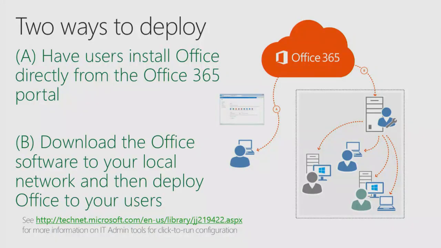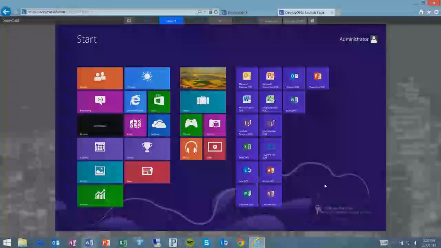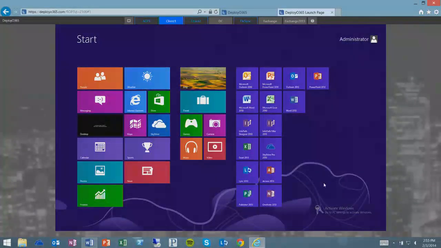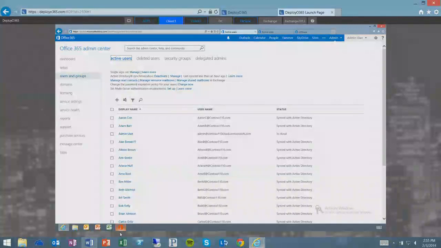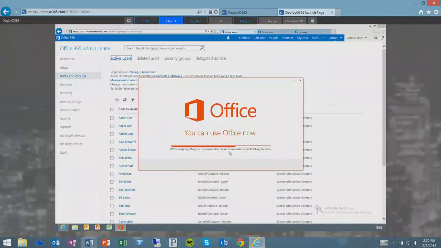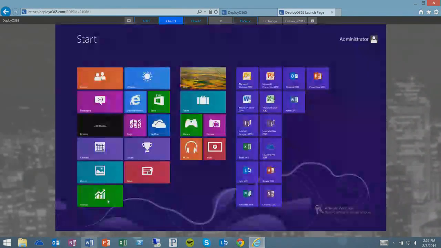Let's see if some of the Click to Run magic. Hey, look at there. So the same machine that just had the old Office, I now have my new Office. And now it's streaming all the features I needed just in a couple minutes. And you can see that it's not even quite done yet. It's just saying, hey, we're still doing a few things, stay online. But what you'll notice is all of these are able to be opened.